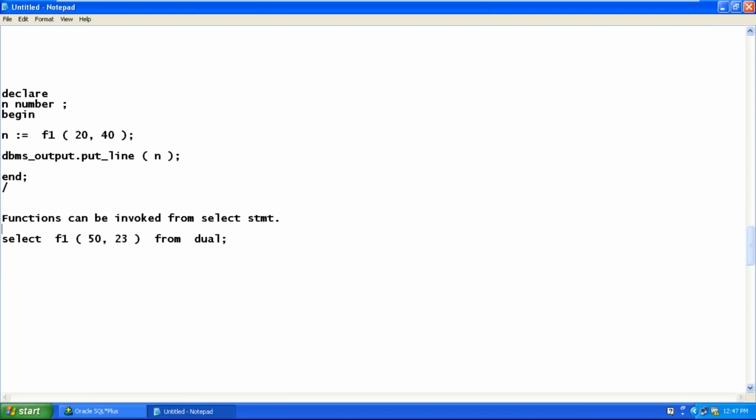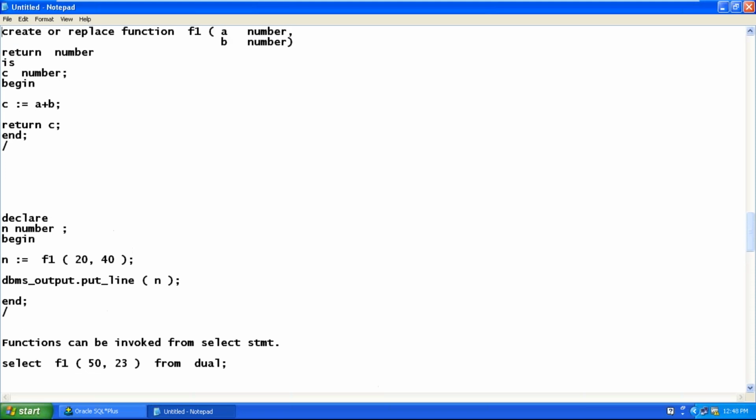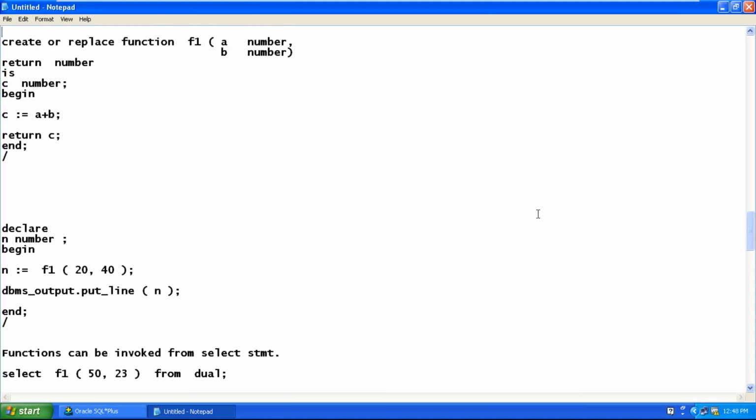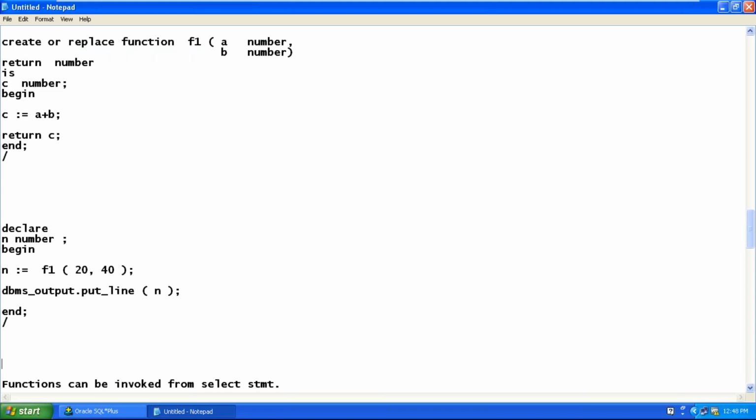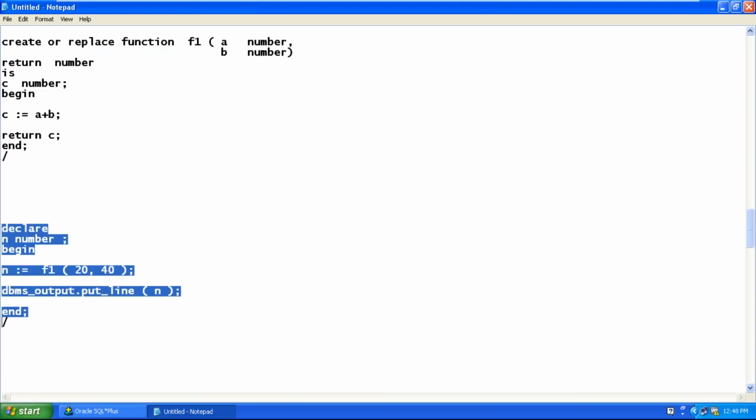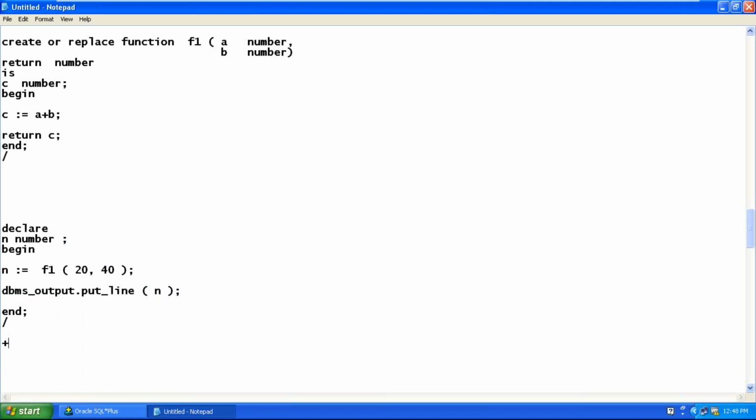So is this clear how to invoke functions in the select statement? Let's try one more example. If you give one parameter in this function, as we have two variables now, insufficient parameter? Function is having how many parameters? Two parameters. So when you're invoking, you should have two values. Let's say if you're not passing two values, if you're passing only one value,